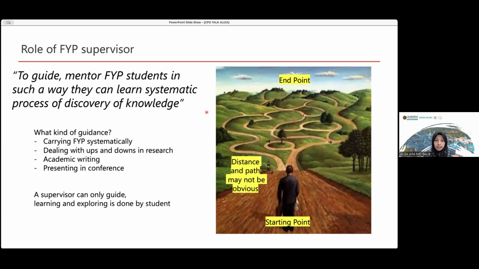Different supervisors have different experiences during their PhD and master's, in how they were developed by their own supervisors. So different supervisors have different ways. As long as we have a systematic process of discovery of knowledge, we need to guide them systematically from phase 1, to phase 2, phase 3, until phase 5.